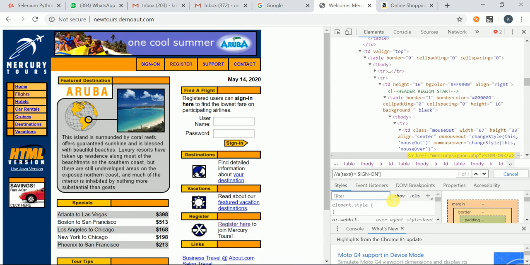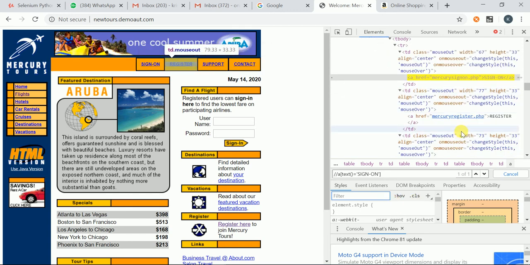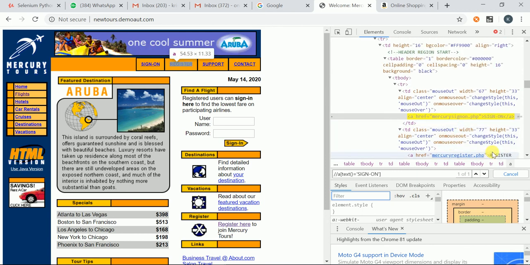What is its parent? Where is my Register? It is here. I want to go to its parent. Slash dot dot slash, slash dot dot. Oh, sorry. I want to go to its parent. Now I have its parent. Now again I want to go to its parent. Now I am at the tr.